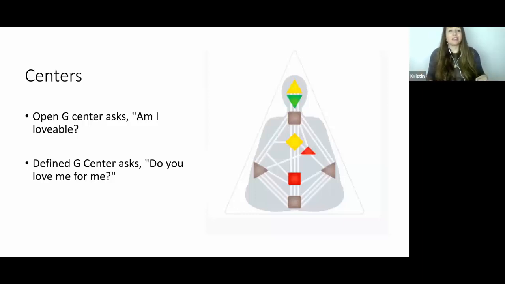Now let's talk about some of the centers. Again, I want to reiterate the G center. The G center is where we find love in the chart. It's one of the places that we find love, right? And if you have the cross angle of love, then all of those gates that make up your incarnation cross are going to be in the G center. So the G center will ask, whenever it's open, whenever it's undefined, am I lovable? And that's because the open G center has this unique ability to go in and out of other people's aura and amplify their G center.